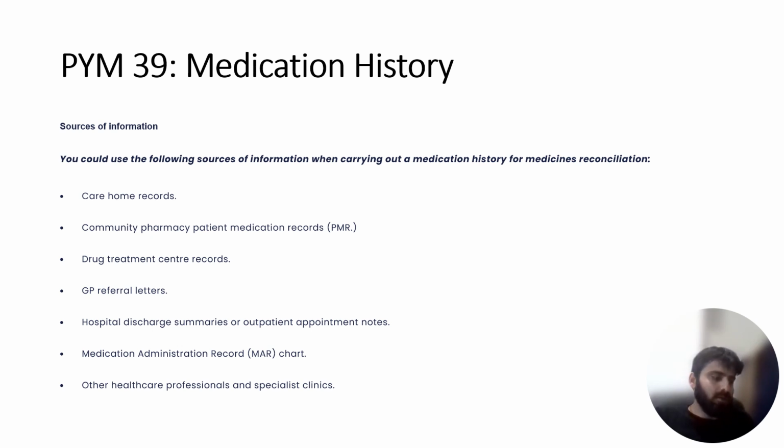So whatever software you're using in the pharmacy, you can use it. You can store the information on those softwares. So PMR. You can use drug treatment center records, GP referral letters, hospital discharge summaries, or outpatient appointment notes, and